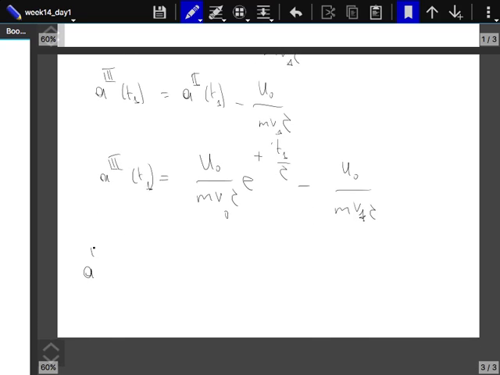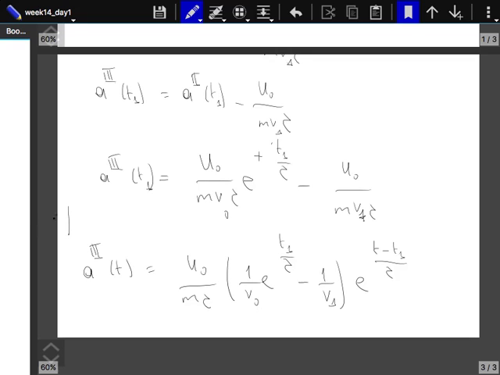So that allows me to determine what the acceleration in the third region is as a function of time. This will be equal to u0 over m tau, times 1 over v0 e to the power t1 over tau minus 1 over v1, times e to the power (t minus t1) over tau. This is the acceleration in the third region. Now, I still need to find what v1 is. I didn't yet determine v1. And to determine v1,